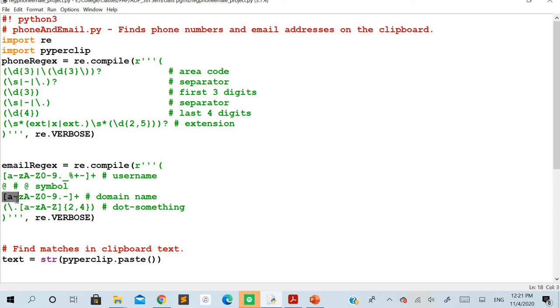For example, if you have a Gmail account, say csc python @gmail.com, the @ is mandatory, and after the @ you have gmail.com. Whatever the domain name may be, different websites have different domain names. For that you are going to use one more set of special characters, or you can say a character class, to tell what may be included as a domain name.